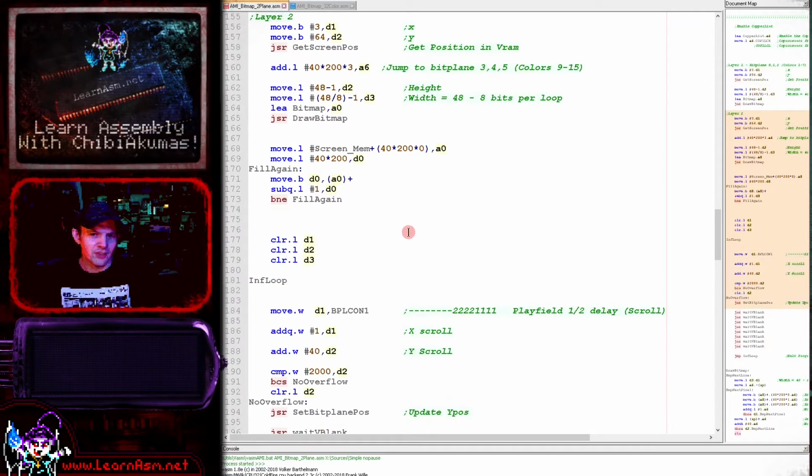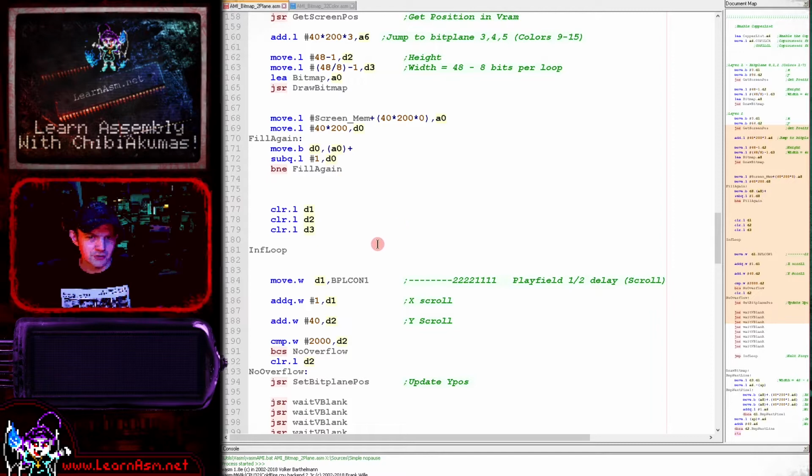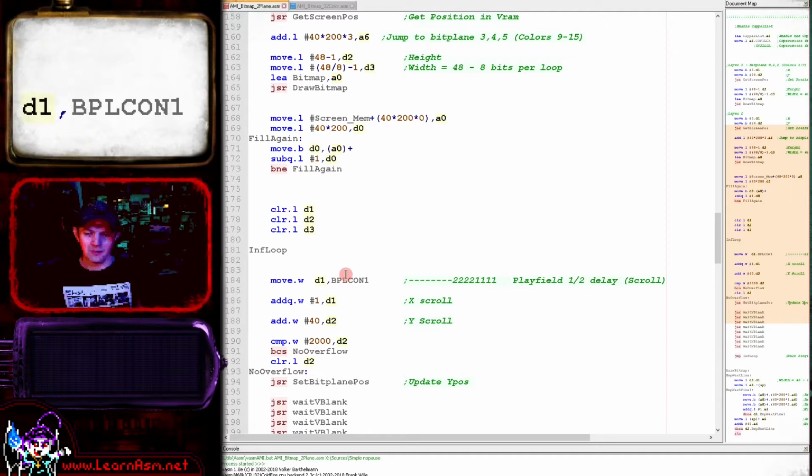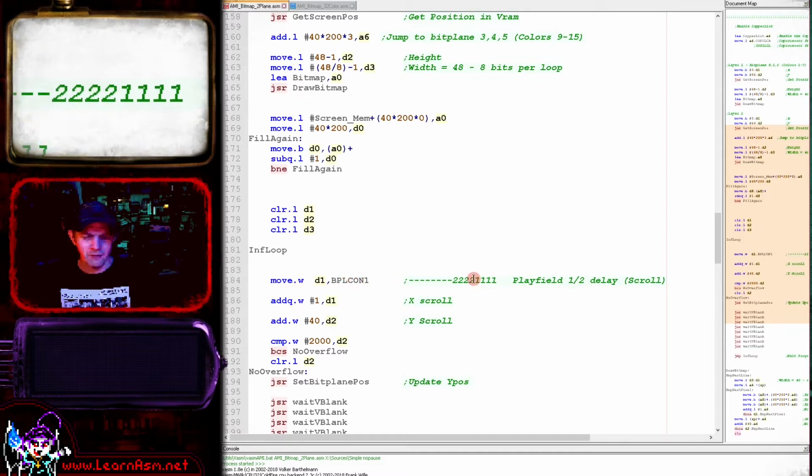Now, one other thing we're doing is we are scrolling the screen. We're doing this in 2 ways. BPLCON1 allows us to set a delay which effectively offsets one of the bit planes by a single pixel. So this will take a value from 0 to 15, and it uses the bottom 4 bits of the word that's written for Playfield 1 and the next 4 bits for Playfield 2,